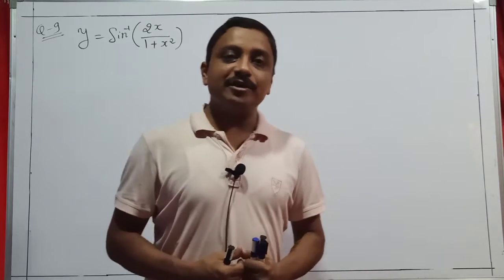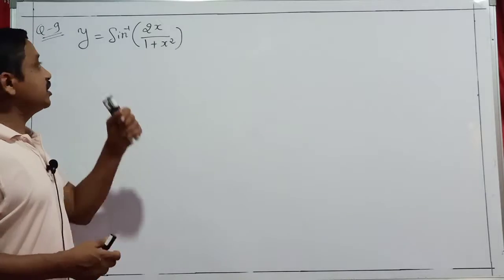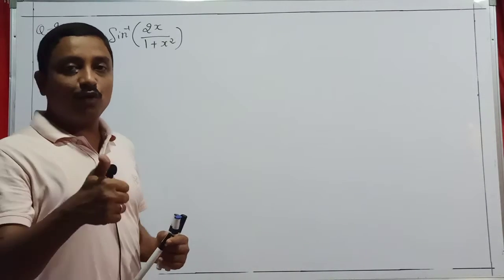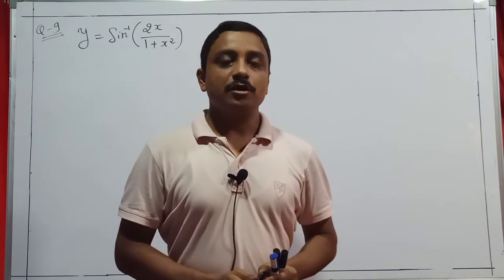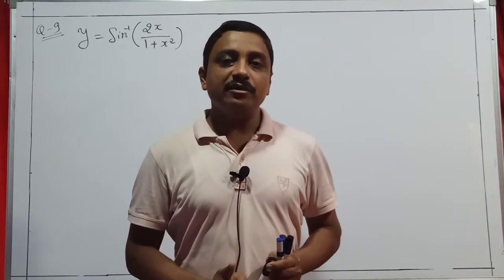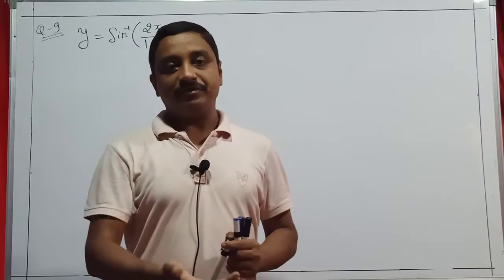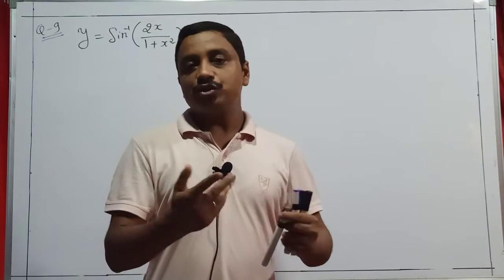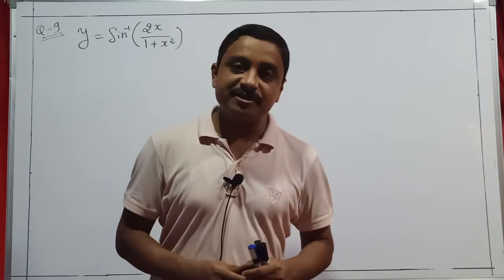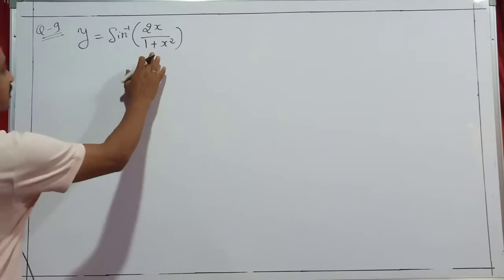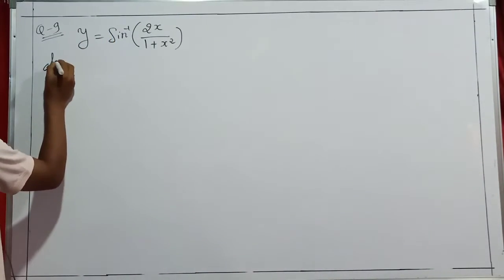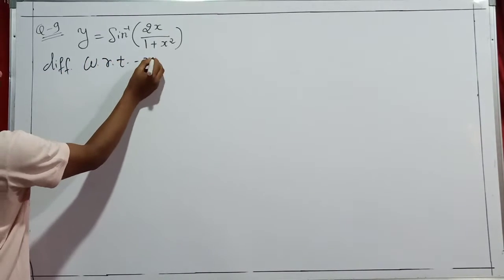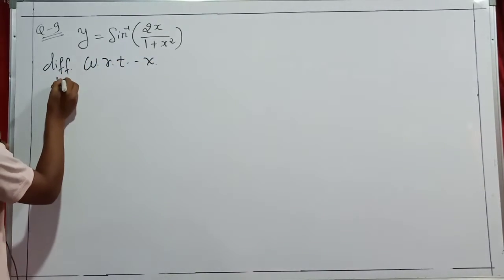Students, now one more numerical. Question number 9: sin inverse of 2x by 1 plus x square, but with no condition given. Students, if a condition is given, then you apply the direct derivative. And if no condition is given, then go to substitution according to your second chapter. So here there is no condition. That's why first of all I start differentiation with respect to x. So dy by dx.